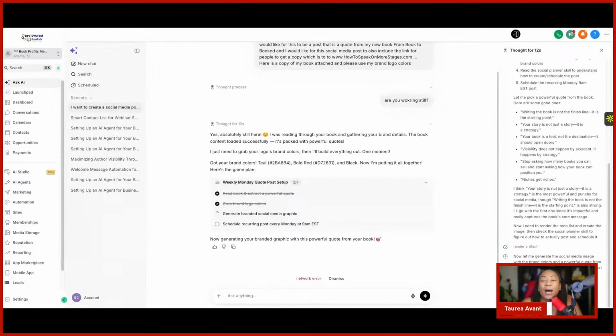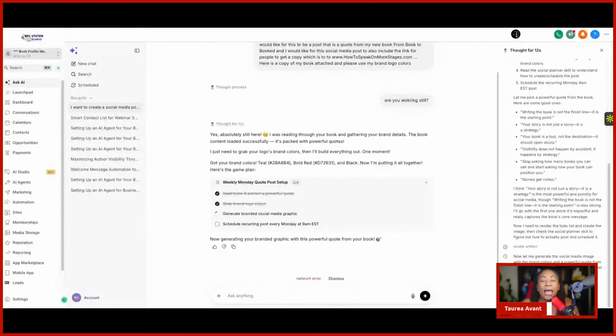Now, I didn't tell it how many graphics I wanted it to make, and I didn't tell it to go ahead and approve those things yet. The first thing I'm waiting to see is whether it will actually let me see the graphics. If you don't want it to automatically go out, because someone asked me the other day what if they need to approve them first, you can do that. You can say, before you post it, make sure I get a chance to see the graphics first. Or you can just say, create the graphics first, versus telling it to do all the things at one time.